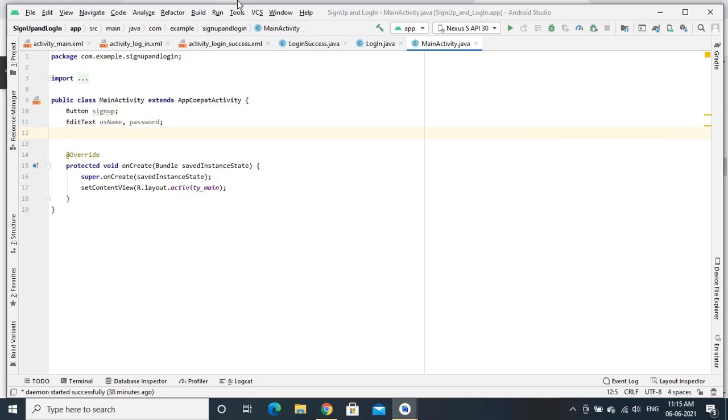So here I declare and initialize a string value. It is always better to use private because it gives more security for the data we use.